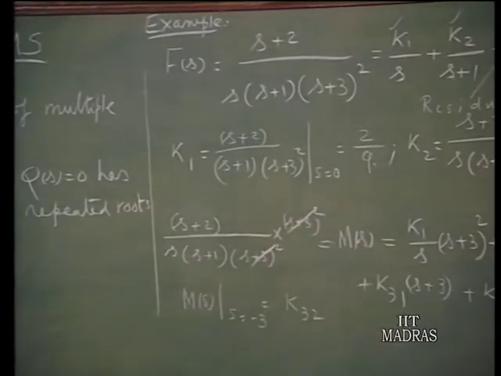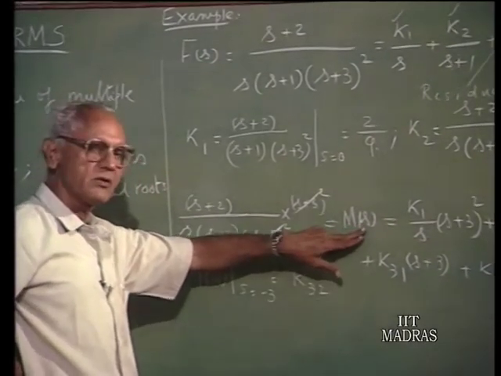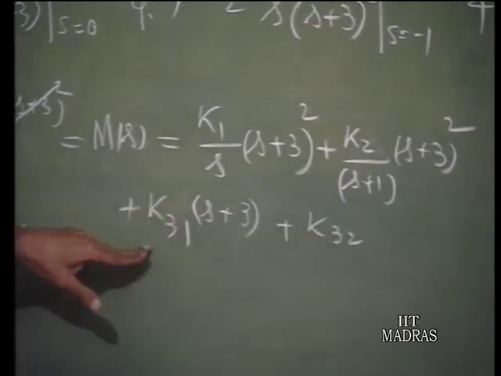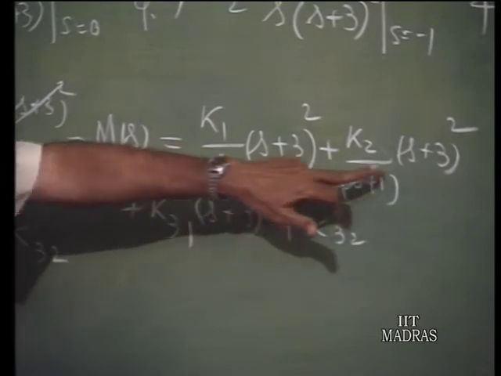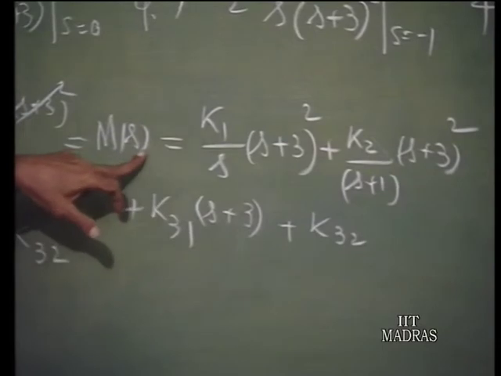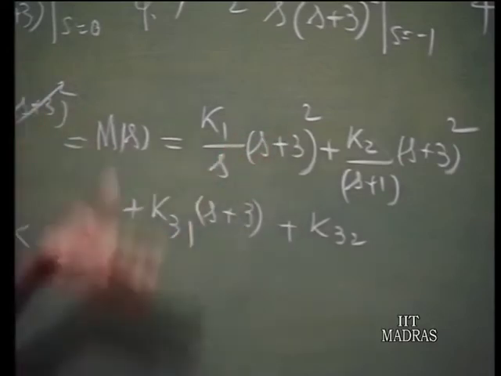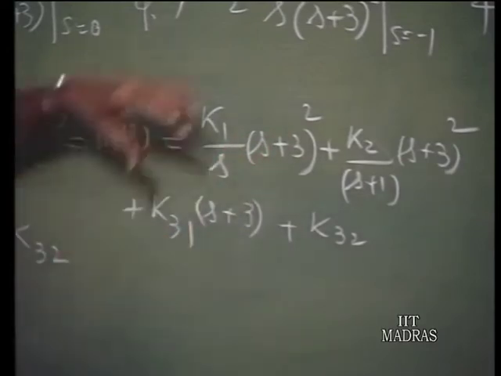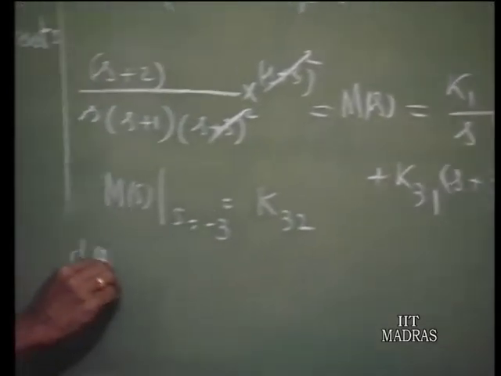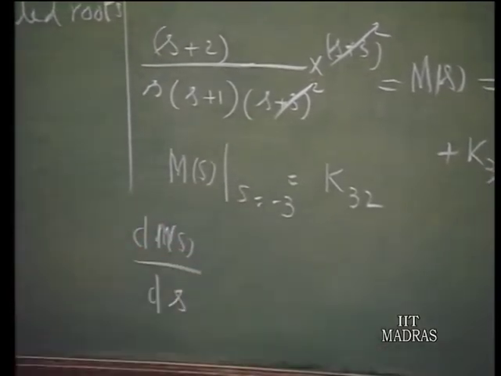Now, the trick in this is we have got m of s is equal to this. Now, suppose you take the derivative of m of s with respect to s, then what happens is this term drops out, and this leaves you with k31. As far as the other terms are concerned, since s plus 3 whole squared is a factor here, when you take the derivative of m of s with respect to s, s plus 3 continues to be a factor because it is a quadratic factor. Once you take the derivative, s plus 3 continues to be a factor in both these terms. Therefore, we take the derivative of m of s with respect to s